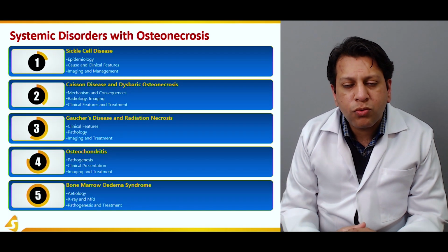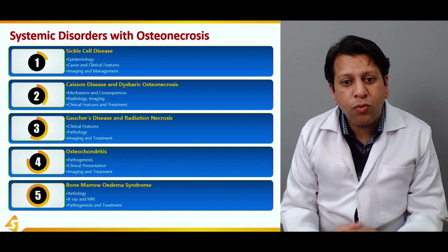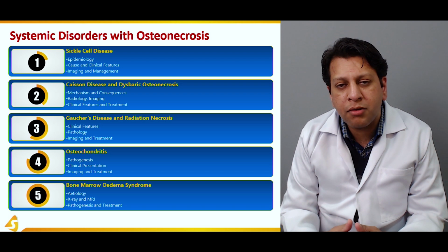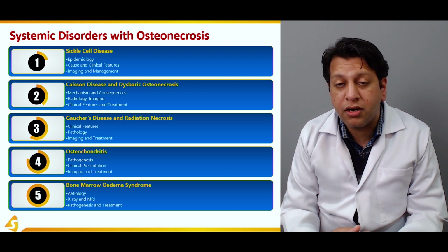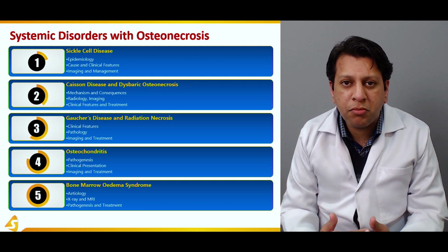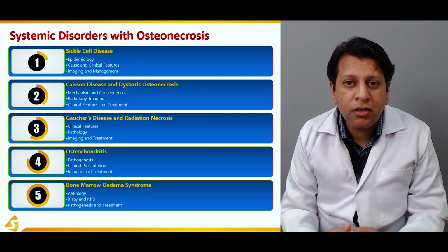We'll be going through certain systemic disorders such as sickle cell disease. What is its epidemiology? Why do the cells actually become sickle shaped, especially RBCs, when they encounter hypoxic conditions? And what are the different imaging and management of sickle cell crisis and sickle cell trait in patients with sickle